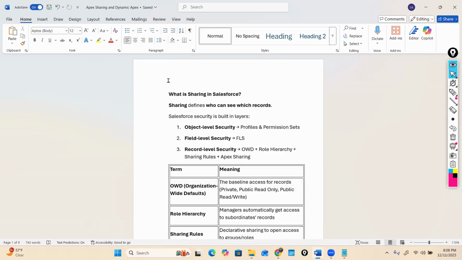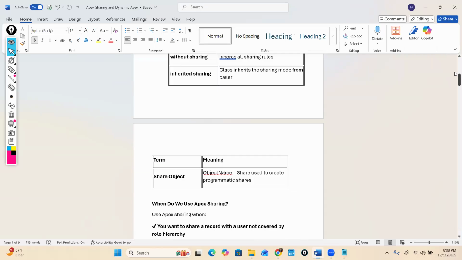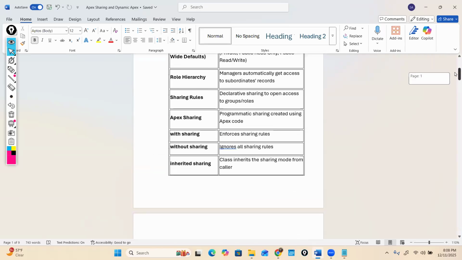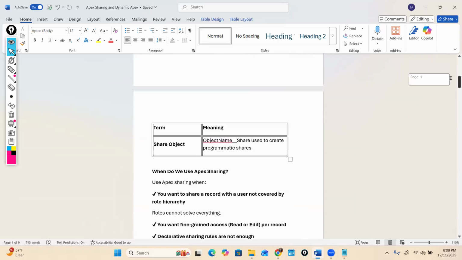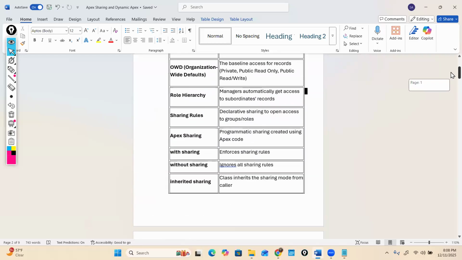Which records need access is a combination of OWD, role hierarchy, and sharing rules. And then finally, you have something called Apex sharing. In Apex sharing, you can control access based on a given condition. So for example, the OWD is the basic level of access. First we will set up that basic level of access, and then we will go ahead and provide the access either based on